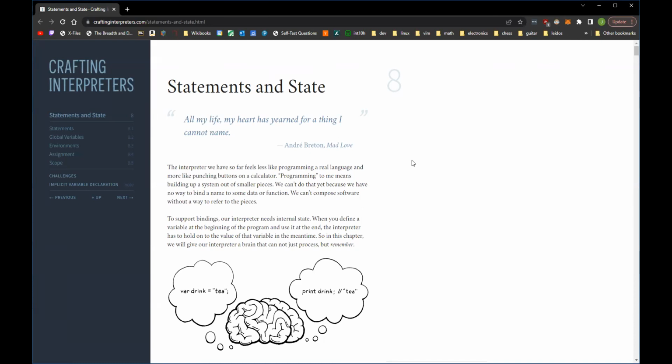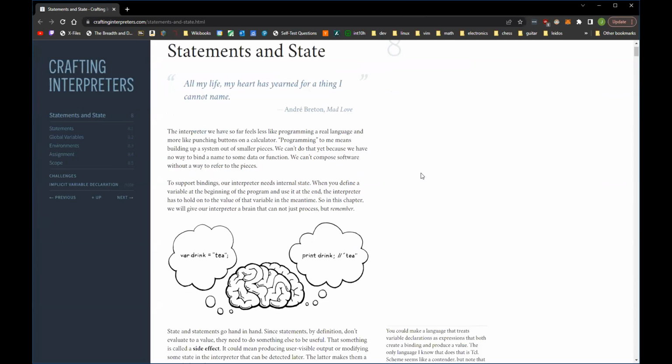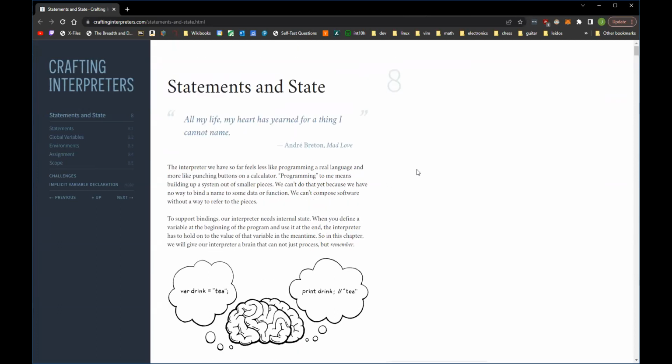So this chapter is about statements and state, as you can plainly read there. I'm sort of ashamed to say this, but up until now I never really established the relationship between the word statement and state, because I never thought of a statement as something that changes the state of a program, even though it's the root word.